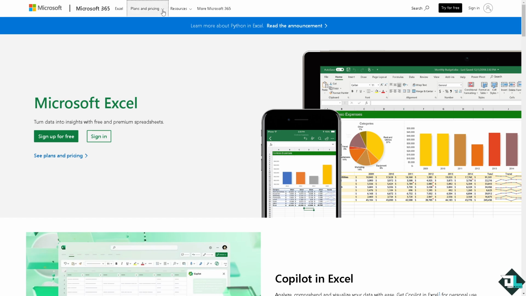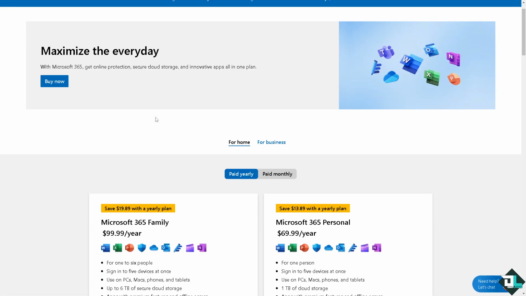So click that. If you do, you have two options. You have an option for the home or for business. We're going to check for both. Now for home, you have the